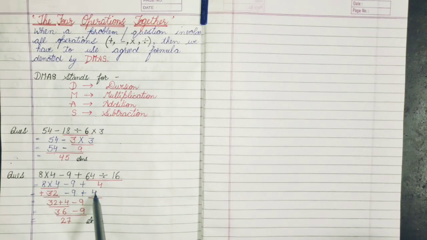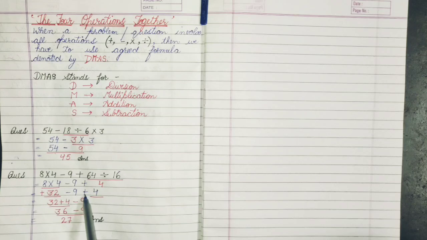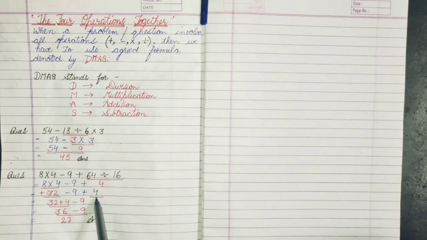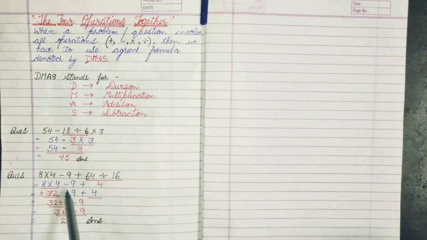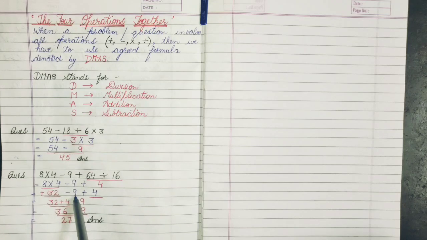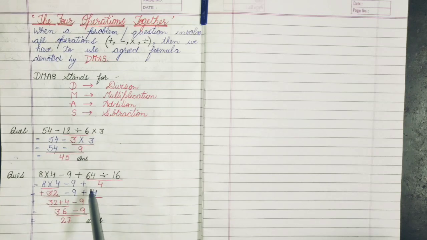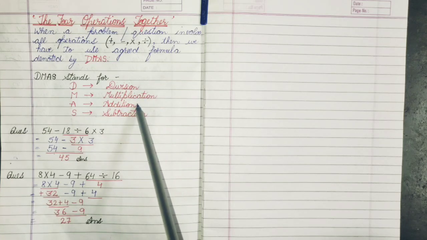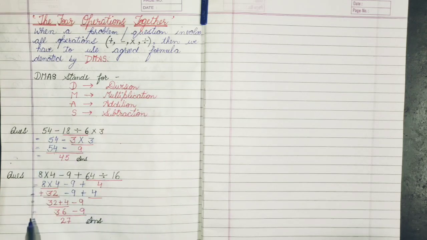बच्चे, किसी भी नंबर के आगे उसके जो साइन होता है, we use to think and we use to agree on this point कि वो साइन उस नंबर के लिए होता है. As you can see, minus is there, so we will consider minus is for 9. Here plus is there, so we will consider plus is there for 4. Clear? Now after doing multiplication, I told you we have to do the addition. Addition means plus. प्लस का साइन किस किस के आगे है क्लास? एक तो 32 के आगे और एक 4 के आगे. So we will plus them.